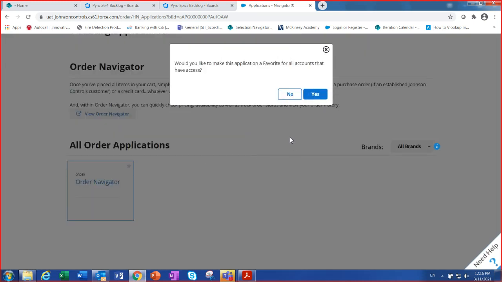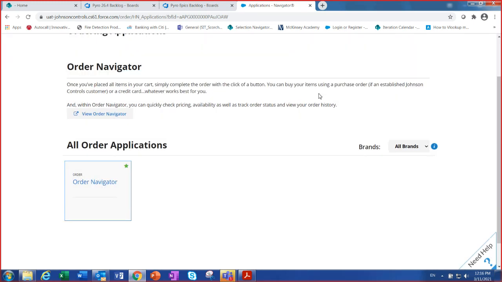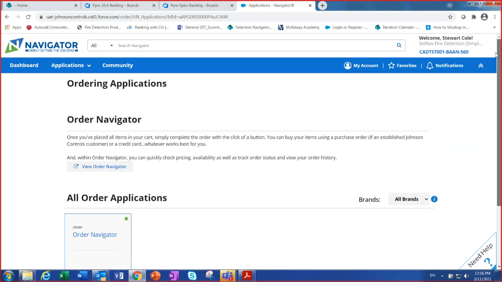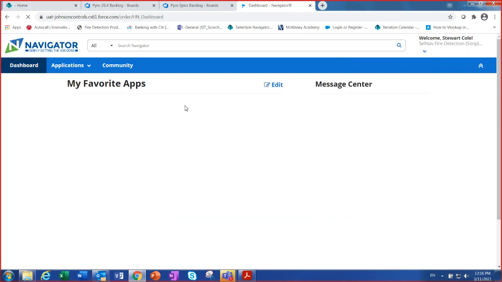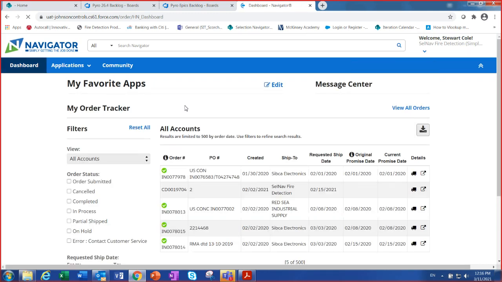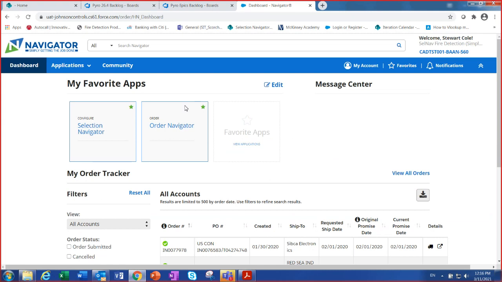Would you like to make this application a favorite for all accounts that have access? So I'm going to do yes. So now if I just go back to my dashboard, and again, you only have to do that once, right? So once I do that, you'll now see both Selection Navigator and Order Navigator appear as favorites under my favorite apps.